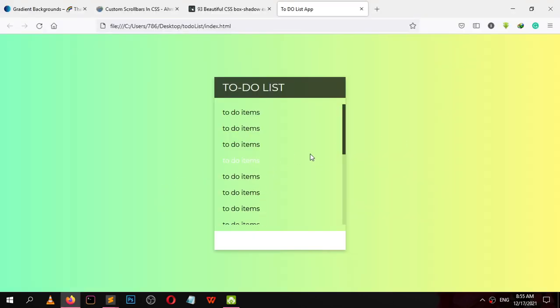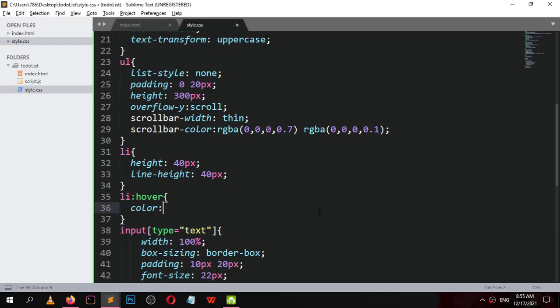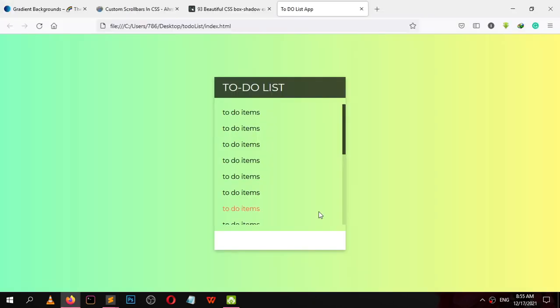Okay. When someone hovers, it changes color to white, but white doesn't look good. So make it something tomato. Okay, when someone hovers, it doesn't look good.